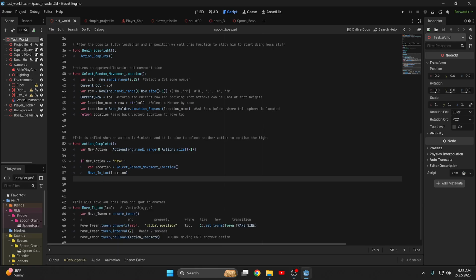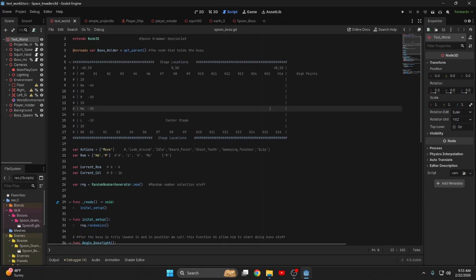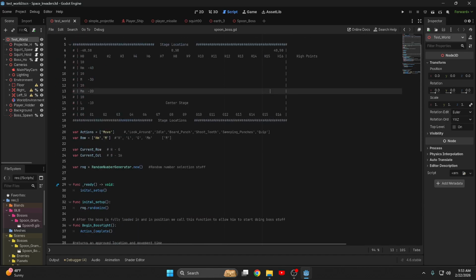Now that you've got this part working, adding new actions is actually fairly straightforward. Let's go ahead and add an action really quick. Let's do a simple one like look around. So what I'm going to do is go to my actions list and add a new action for my boss to do,